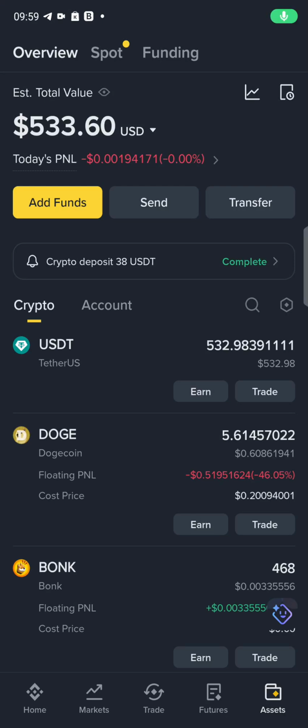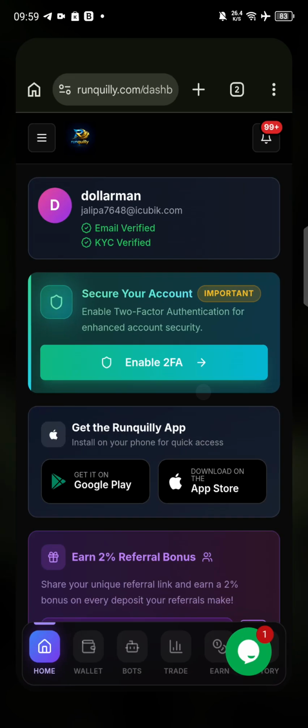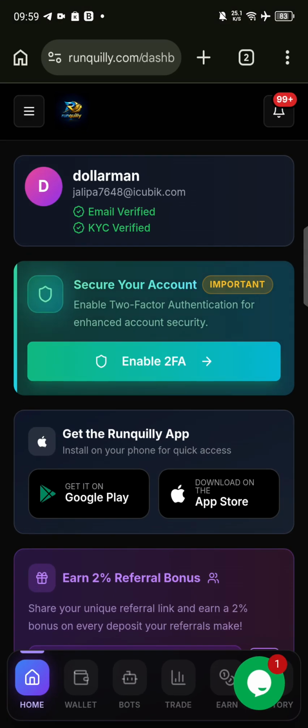It's another tutorial on how to trade with AI automated bots. So we did a trade with AI automated bots, and you can see my balance for today is 533. We are trying to grow it with automated bots, and obviously we'll be using RunQuilly automated bots where you get